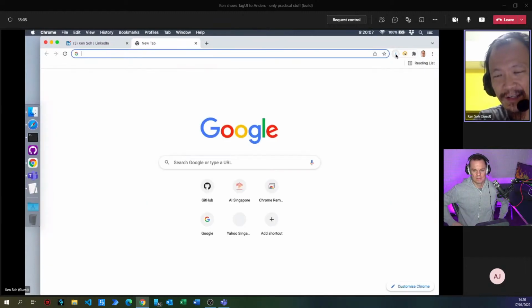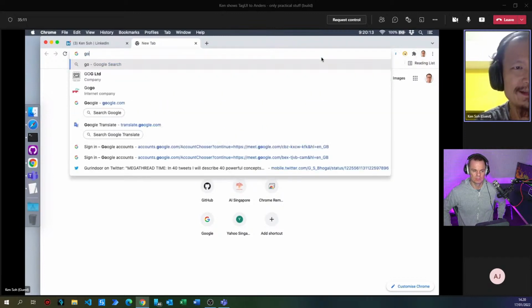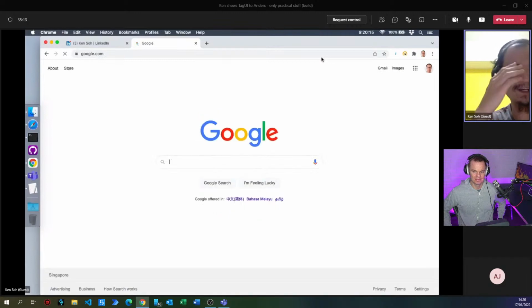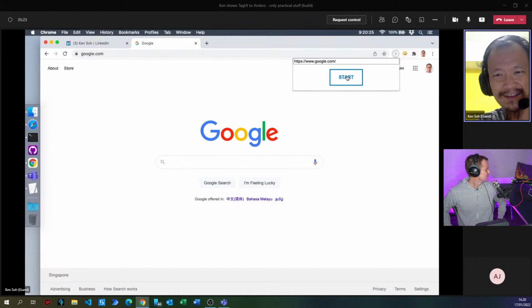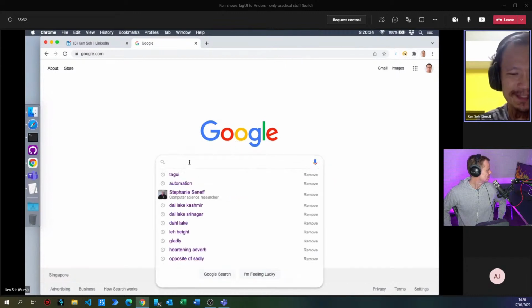So if you search TagUI on the Google Chrome store, you get a TagUI extension. The benefit of this extension is that for people who have no idea what XPath is, what a locator, element selector is, you can use this web extension to do that for you. So you can just click start recording, and then you record the sequence of what you want to do. But anyway, I'm already at Google, so you just maybe type